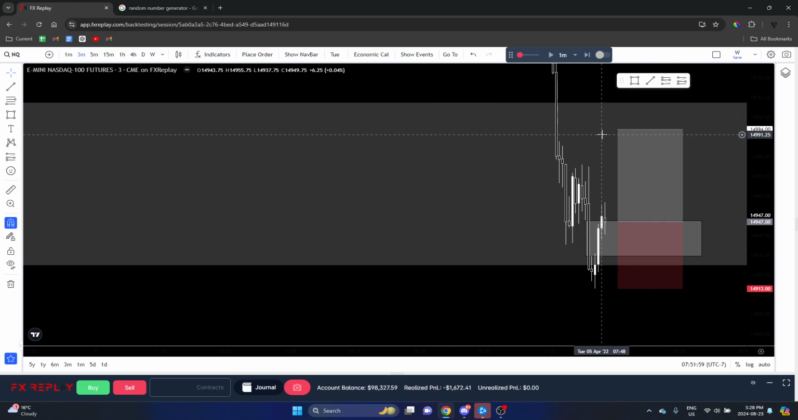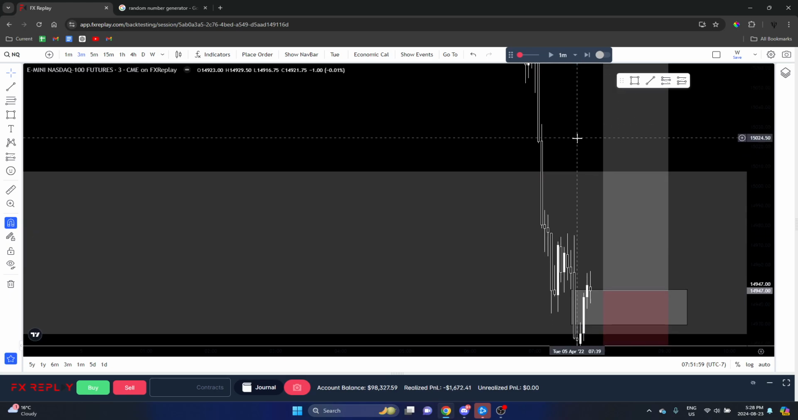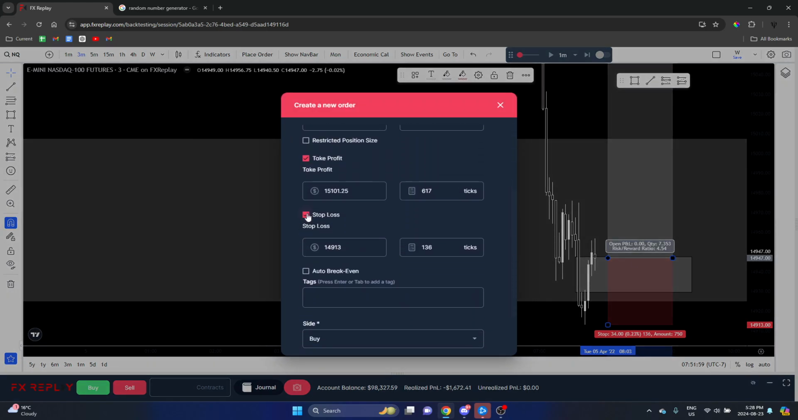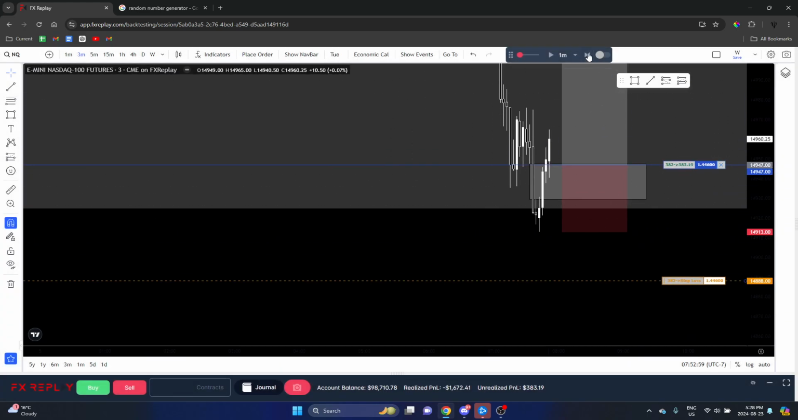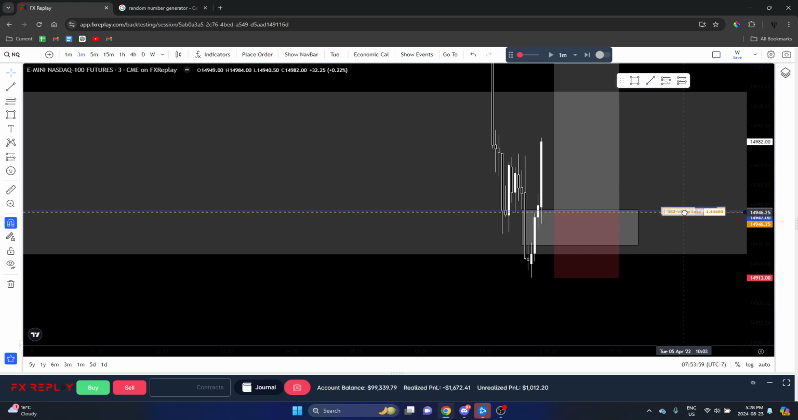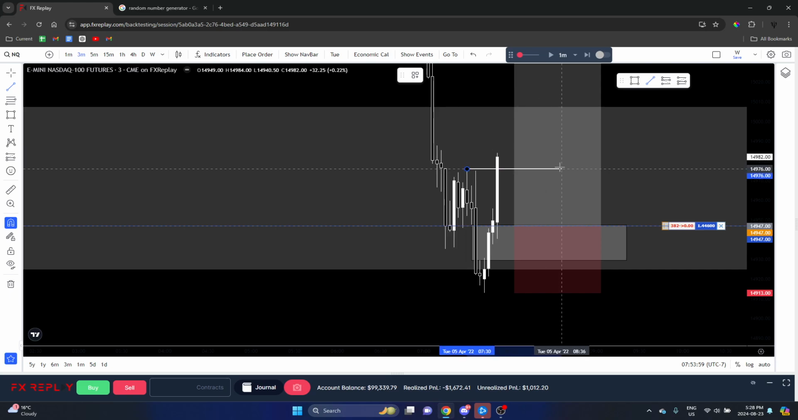Stop is a close below, and we have targets to the upside here. So let's do this. Place order, risk 1%, and no take profit, and let's enter. So I'm gonna move the stop loss down because remember, stop loss is a close below. Okay, so boom. That is a stop to break even right there, because we hit